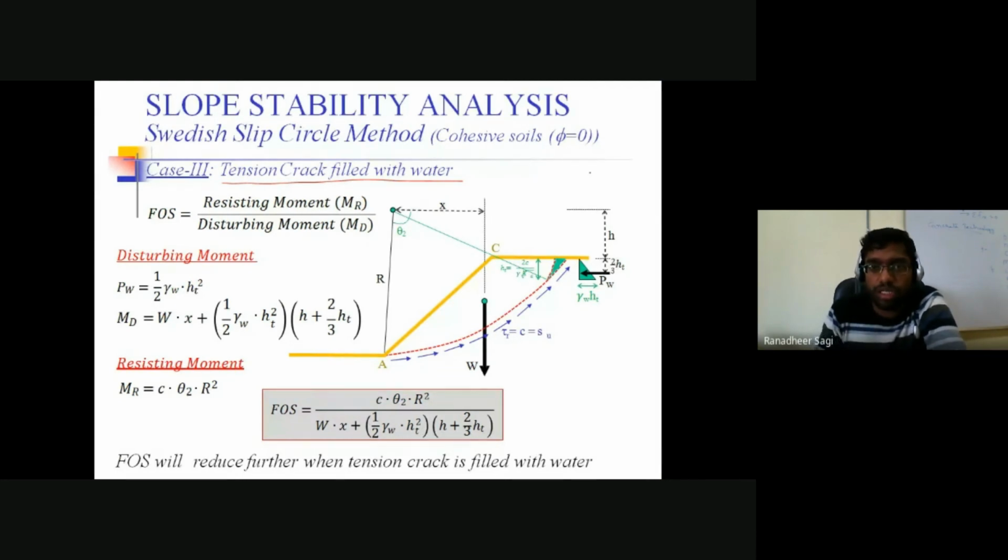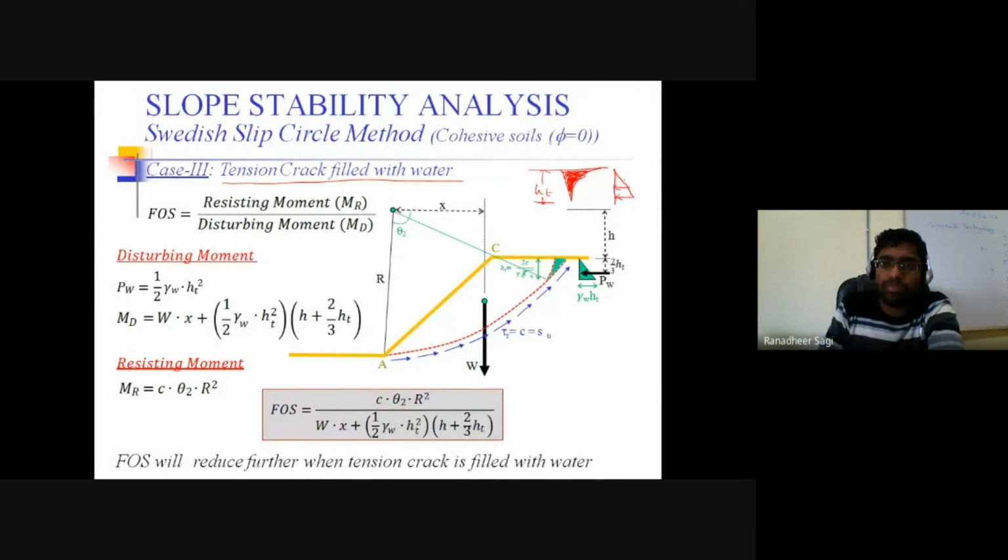If I want to plot, okay, let's say this is my ground. And in that ground, the tension crack is developed to some depth, which I am calling HT or DT. It doesn't matter how you represent it. Okay, so in this portion of the crack region, water got accumulated. I just want to understand how much pressure is being exerted by your water on the adjacent soil. So if I want to know that, I'll plot how your pore water pressure is varying with the depth. So what would happen regarding the pore water pressure?